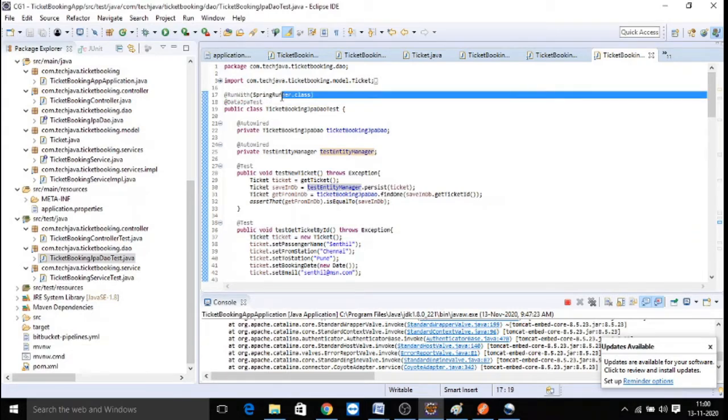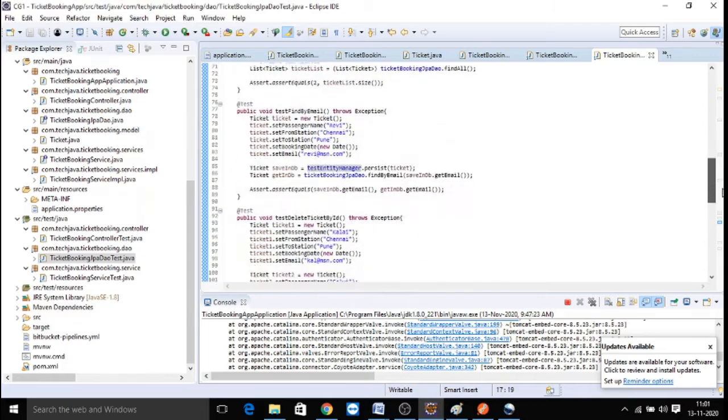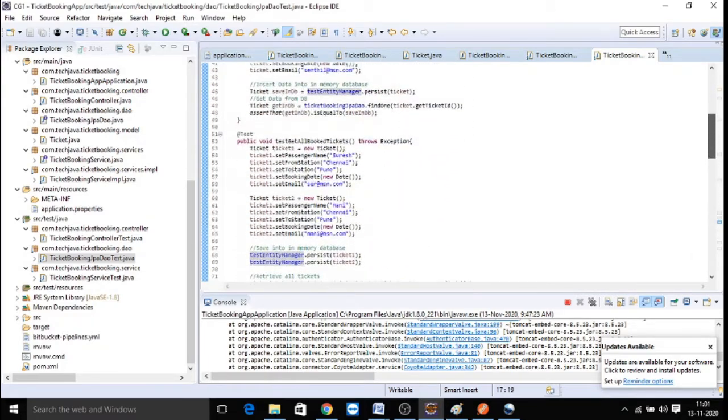It is newly introduced into Data REST integration applications, which simplifies your unit testing process for the DAO layer, and it gives you an entity manager bean, using which you can test all the DAO methods: persist, get all, get by ID, delete, update, all the methods you can write test cases for.